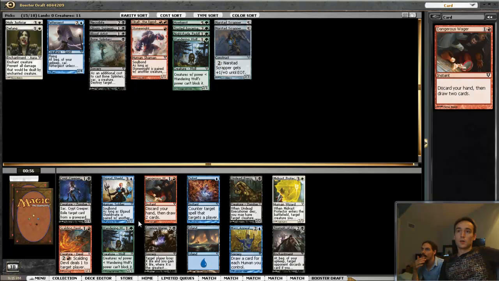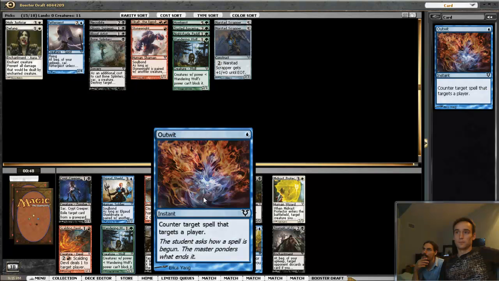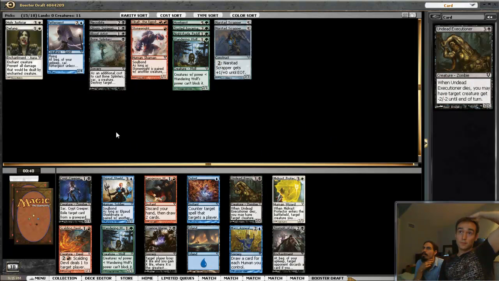So now we got a Wandering Wolf again, which is nice. We got this guy, which is decent. And then you got the counter. Still Wandering Wolf, and yeah, this is pretty trashy. Okay. There's not enough targeting of players for me to worry about it. The black is not so good. This is okay, but I mean, my black is not horrible, but I just don't...